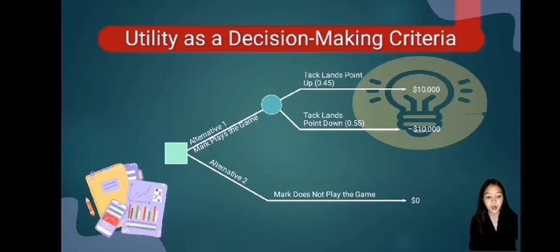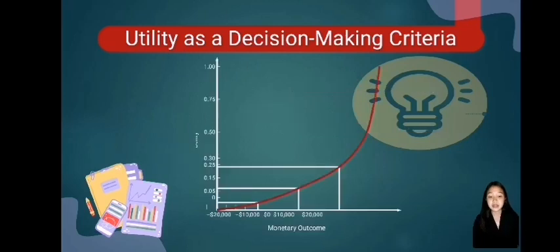So using the procedure just outlined, Mark was able to construct a utility curve using his preference for money. Mark has a total of $20,000 to gamble. So he has constructed the utility curve based on a best payoff of $20,000 and a worst payoff of $20,000 loss. And as you can see on the utility curve, we see that Mark's utility for